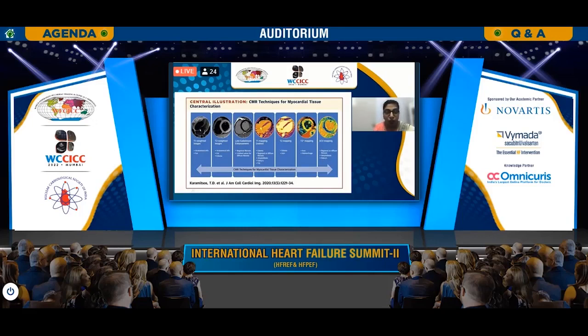We have T1 weighted sequences, T2 weighted sequences, which give you tissue characterization and pick up edema. We have late gadolinium enhancement, which, as I told you, can pick up scar. Now, since the last 4-5 years, we also have parametric mapping. Namely, we have T1 mapping, which is used for picking up fibrosis; T2 mapping, which allows us to see edema better; T2 star mapping, which can help us pick up iron and hemorrhage. And then we have ECV. So ECV can be useful wherever there is diffuse infiltrative cardiomyopathy or there is diffuse fibrosis.